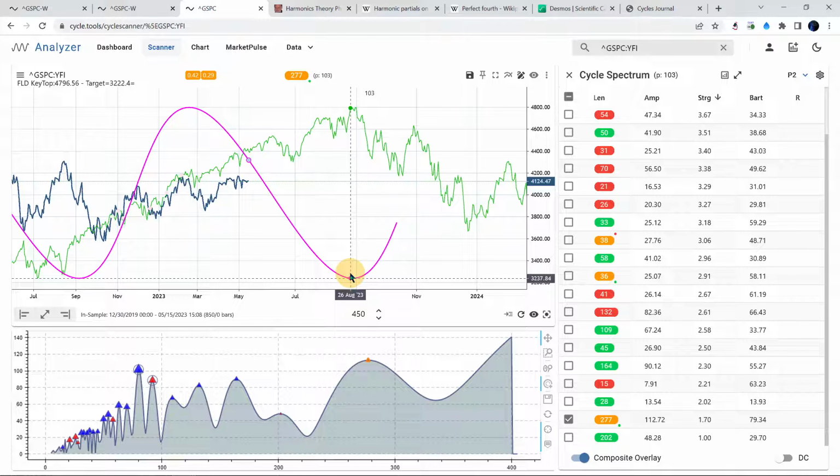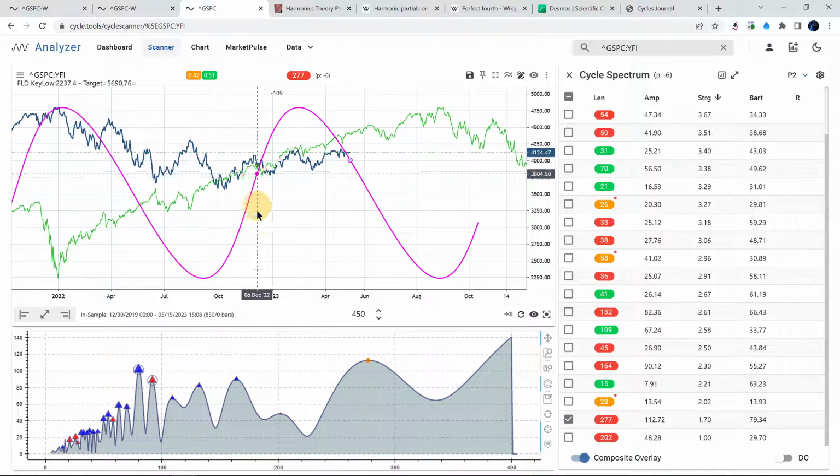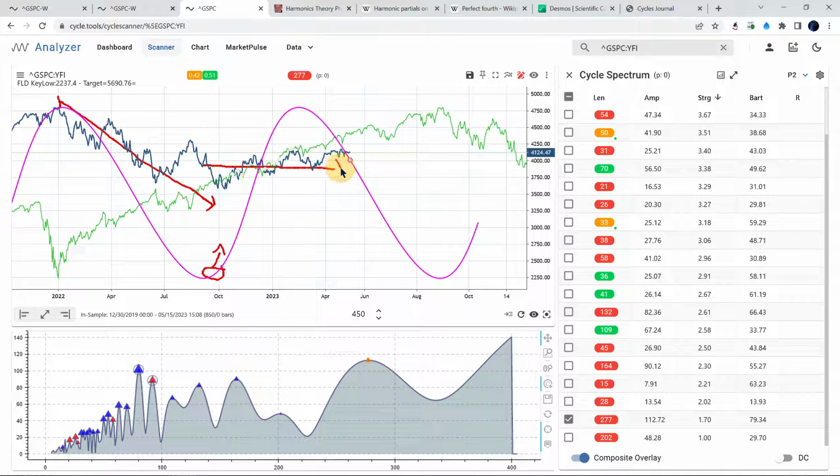We could also do a price projection here, but I will leave this up to you. What I want to highlight now is that it is interesting to see, from the long-term perspective, that the long-term and short-term cycle until October last year have been in alignment, where we saw the big downward push in the markets. And then since October, the daily cycle switched to the upside, while the weekly was still looking down, resulting in this sideways movement.